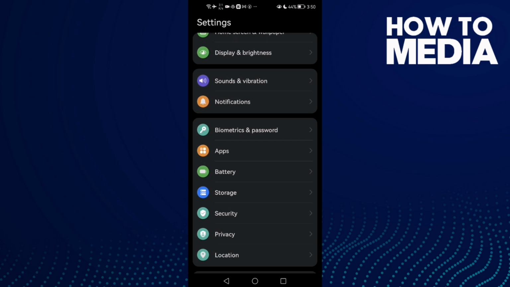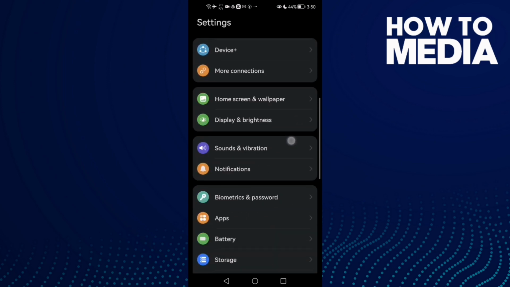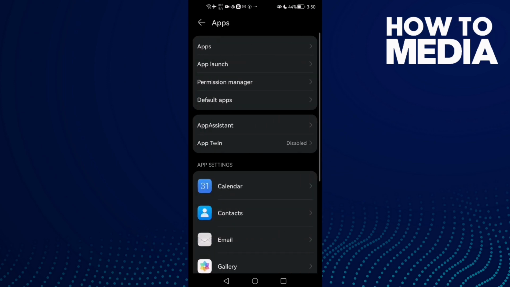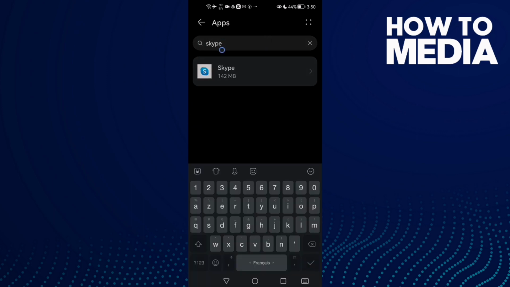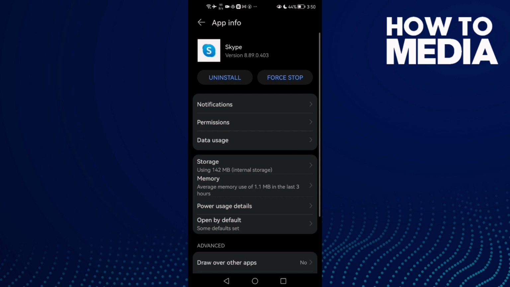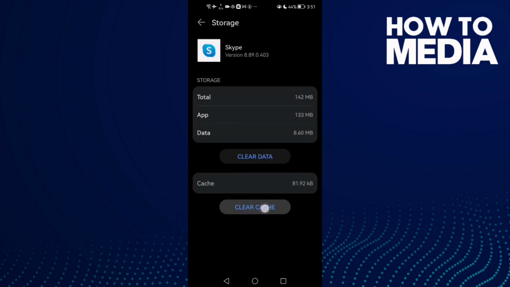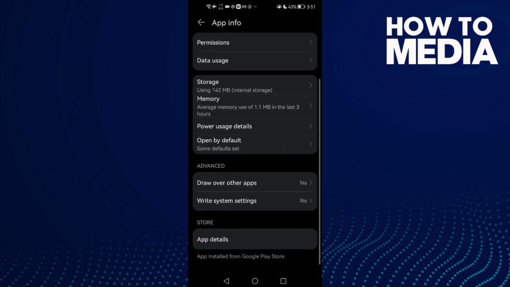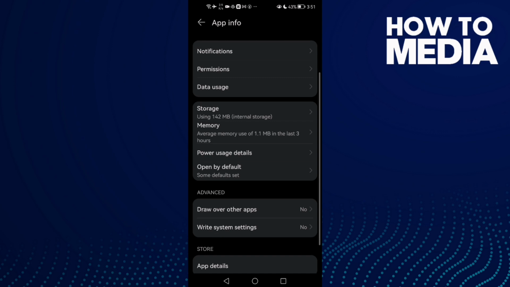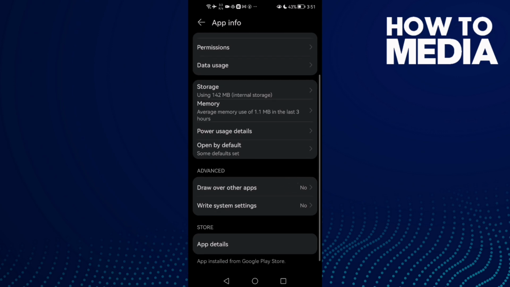First open settings and now scroll down until you find here apps and then click apps again, and here type Skype and click on it, and then click storage, clear cache, and after that click force stop. And now just go back and try again, and if that doesn't fix your problem then click this one here,